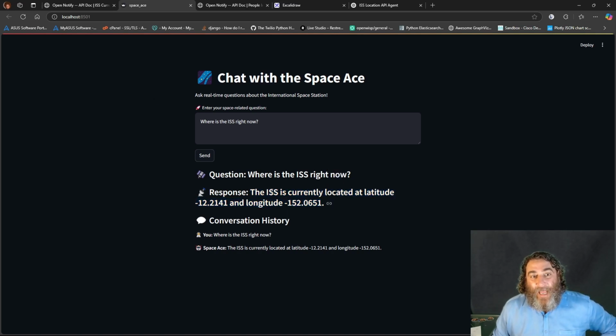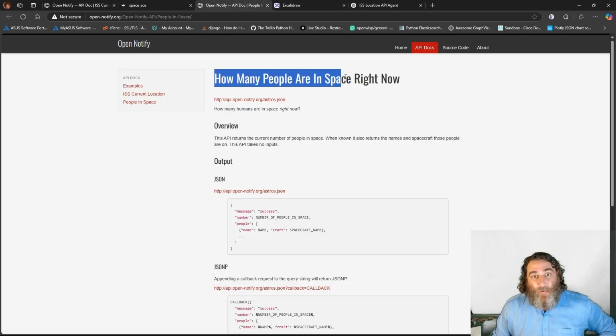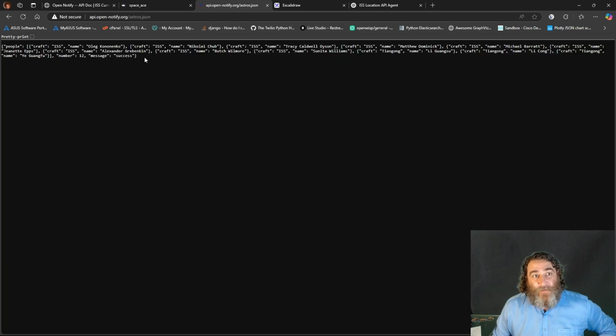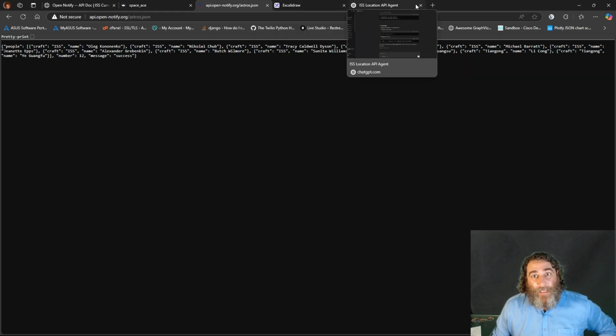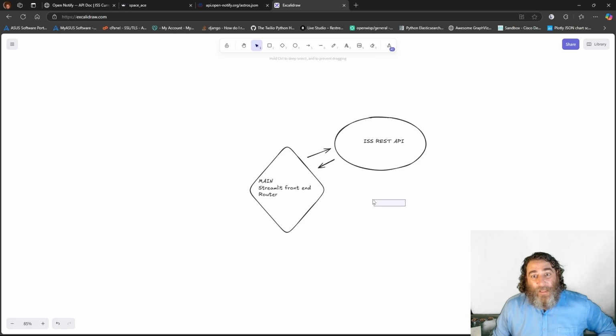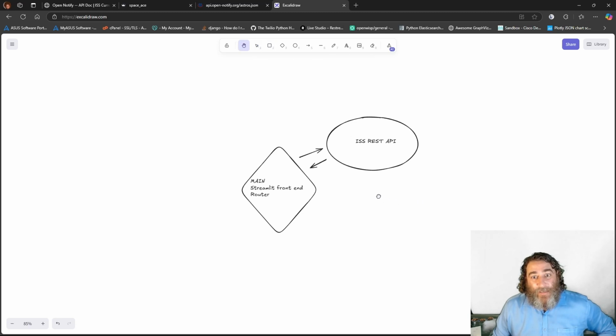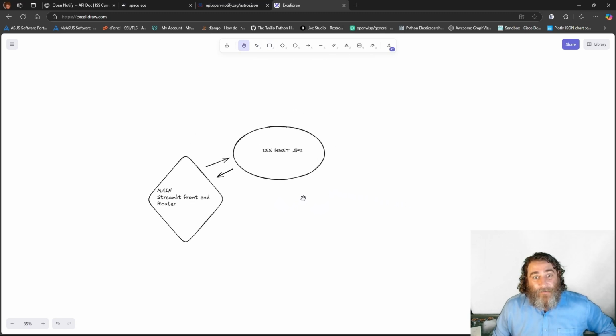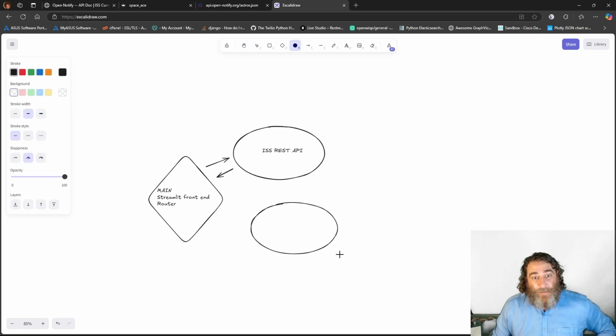So what can we do now? What are the other space ones? Well, there is also a how many people are in space right now API at Astros. And it gives the name of all the people in space and what spacecraft they're on. So in the spirit of the drawing here, what I thought we could do is see if we could get them to interact. Right? So what we could do is make another agent,